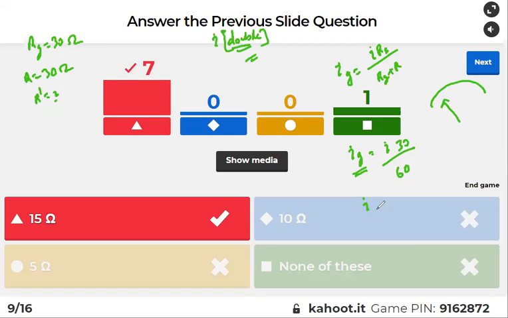So this is doubled. So Ig is equal to 2I into 30 by 60. Oh, sorry, 30 plus x, because the question needs an addition. 30 plus x, and this is 60 plus x, right? So can you solve it? It is 1 by 2 is equal to 2 into (30 plus x) by (60 plus x). Because R shunt की जगह क्या हो जाएगा? 30 plus x. So I guess if you can solve it, 60 plus x is equal to